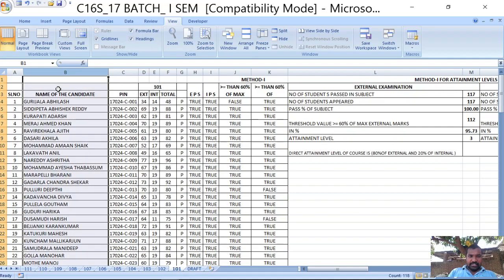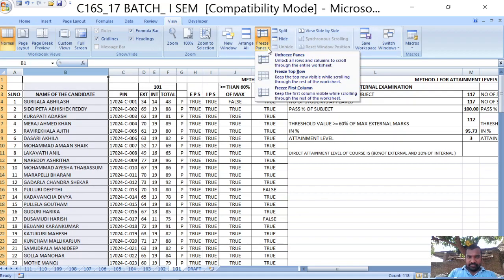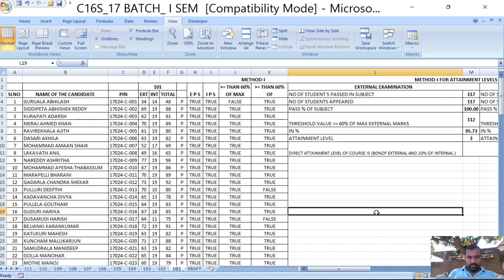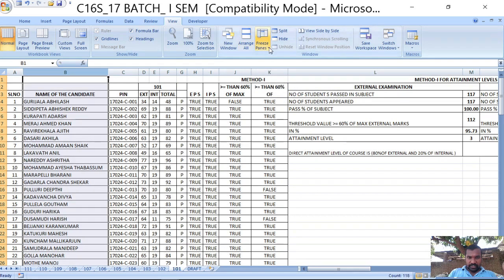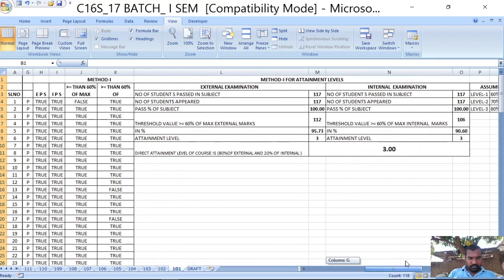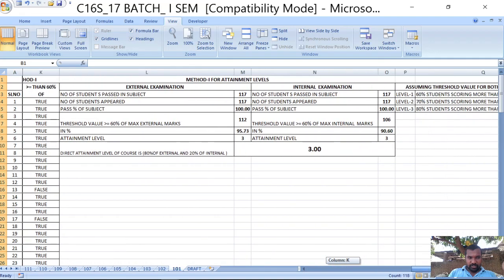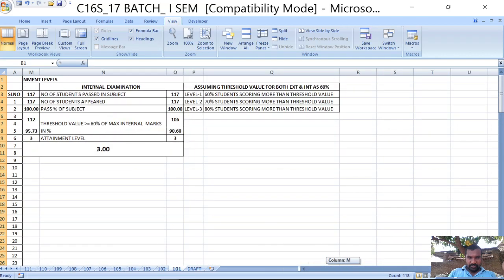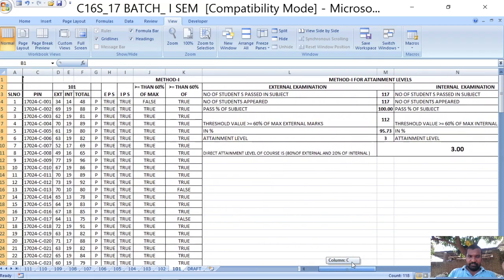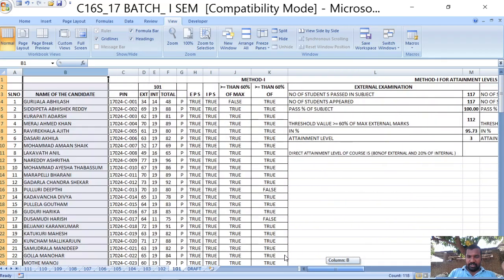If I want to freeze only the serial number, choose this one and Freeze First Column. So the serial number is going to be frozen and the remaining are in a scrollable form. So you can navigate around the document. This particular column is going to be frozen, fixed.